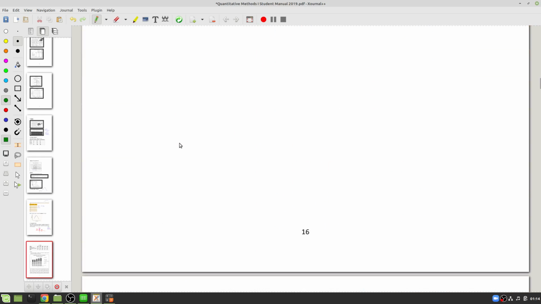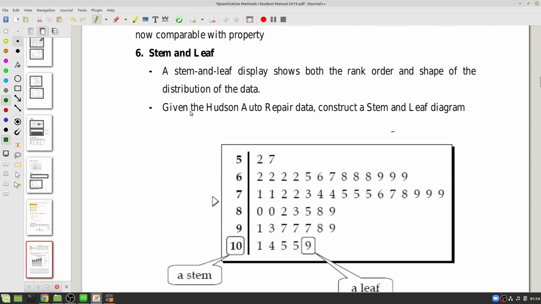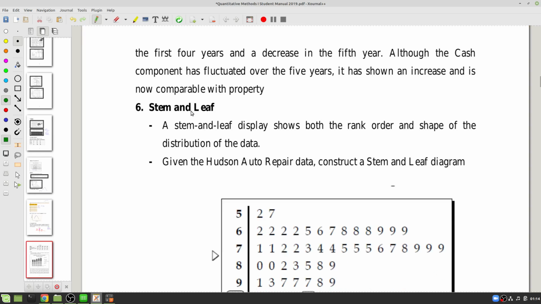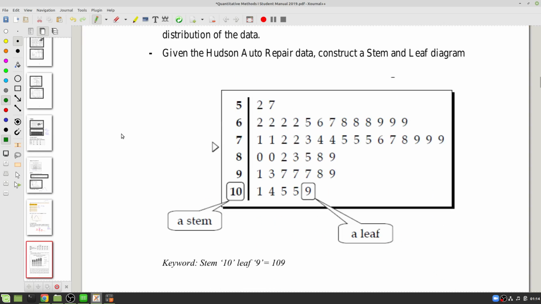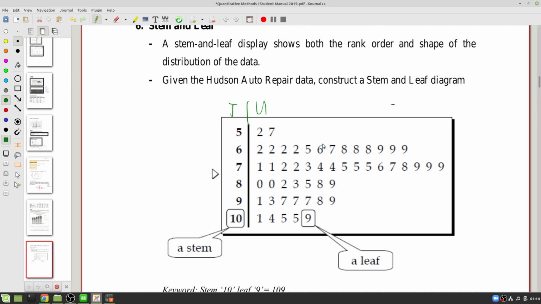Okay, and then stem and leaf, and I think that's the last thing. I know this is quite a long lesson and we didn't even do much, but at least we saw how the different representations of data work. So stem and leaf: if you get given all your data, then you can make a stem and leaf plot. This represents your tens and this represents your units. Some of the values would have been, let's say, 52, 57, 62, 62, 62, 62, 65,